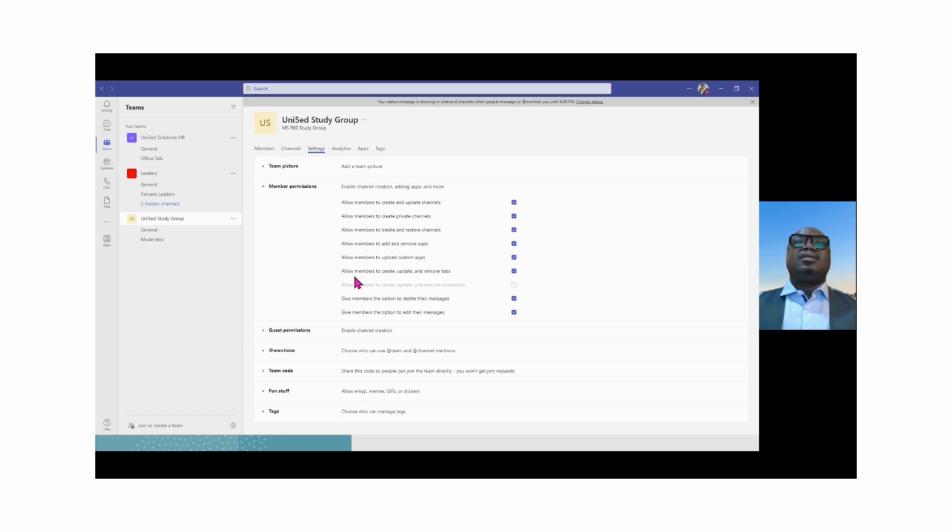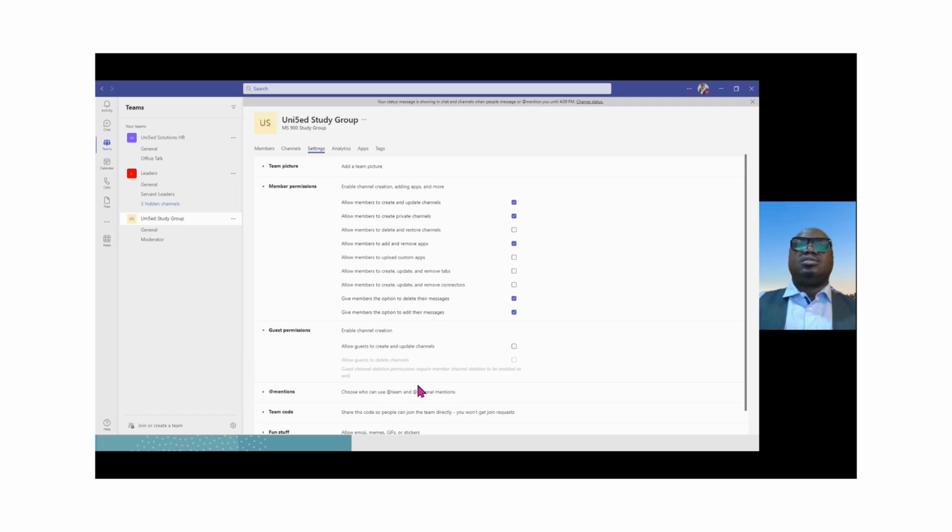I will not allow that. Allow members to create, update, or remove tabs. I might not allow that. Allow members to upload custom apps. I would probably rather not do that. Allow members to delete and restore channels. I would leave those to the owners.